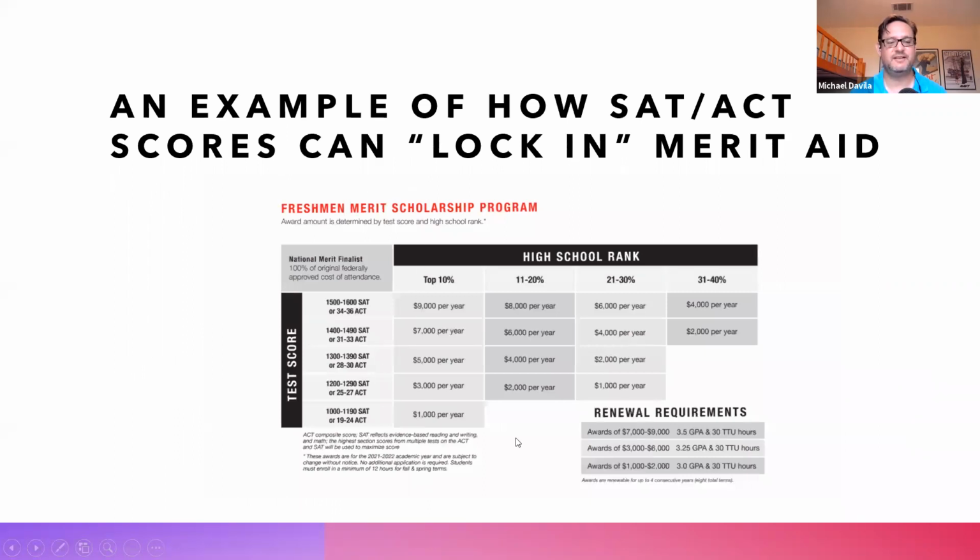Okay, so I pulled this directly off of Texas Tech's website today. So this is super current. And you can see, for example, here's your high school rank. You can look and see where you stand. And then if you hit certain scores, so let's say that you're within the top 10% and you hit a 30 ACT, you're definitely going to get $5,000 off per year at Texas Tech, which is great. If you bumped up to a 31, that increases to 7, which on the face of it may not be that big of a deal to you. But if you think about that over 4 years, that's an extra $8,000 off the cost of that school over 4 years from what you would have gotten from this award. So that's really nice.